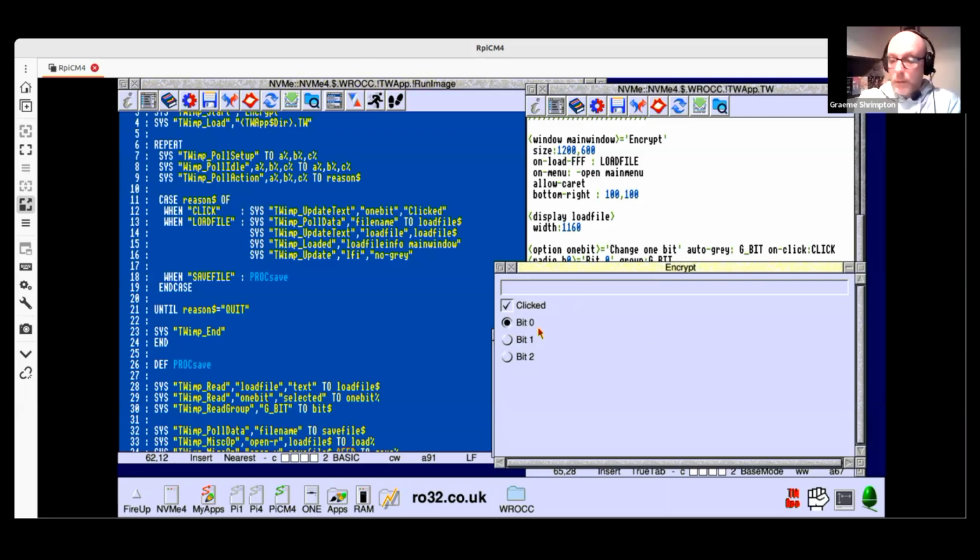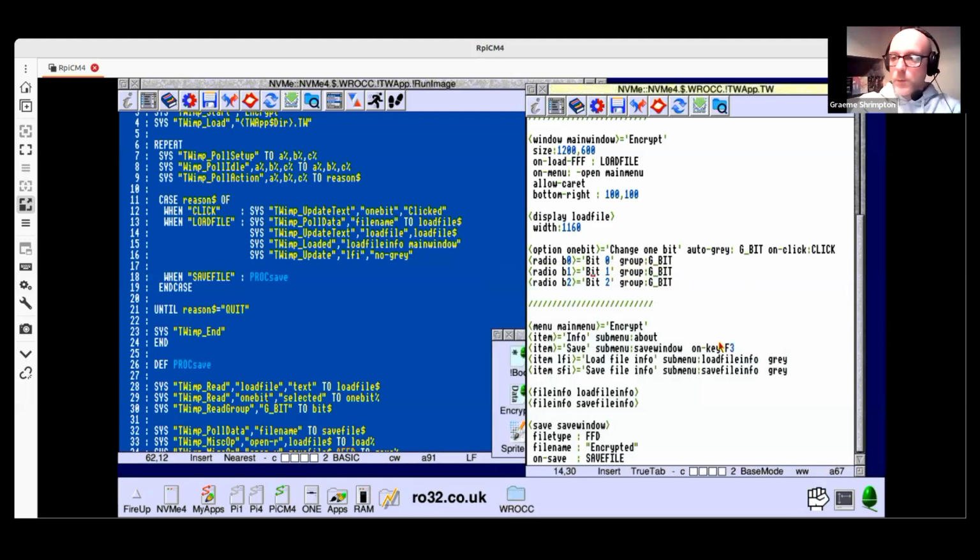So you can get things. A lot of things will not be returned to your program unless you use an action event like onClick or onChange. There's a variety of different things. And I think that kind of covers most of what I wanted to cover in the demonstration. So